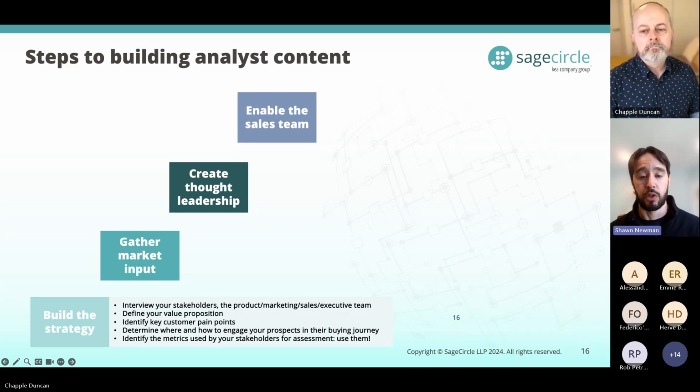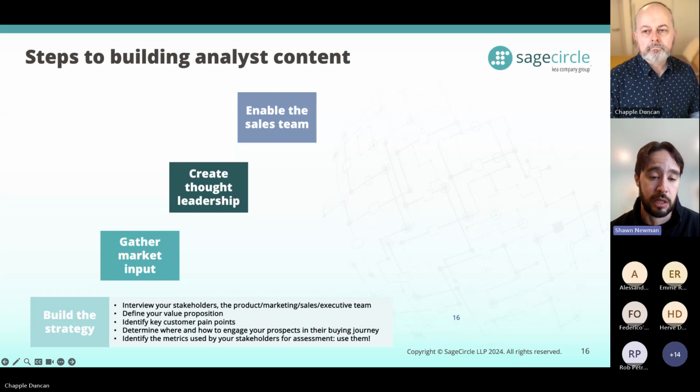IDC, I think, was a very underutilized resource in that they have vertical-specific analyst teams in addition to their technology-centric analysts. So maybe you're offering a cybersecurity solution, but it's for the financial services vertical. IDC had financial services analysts that were specifically working with banks, that may have a different view, a more holistic view on that particular industry vertical. So that'll help you define your value proposition, understand key pain points. And these are all things that you can then feed into your content,